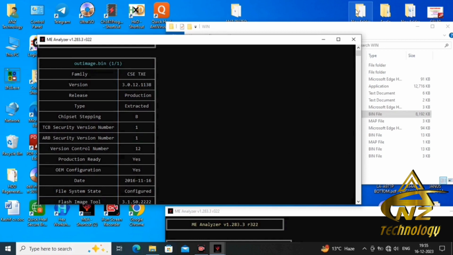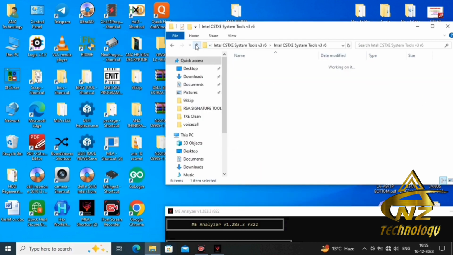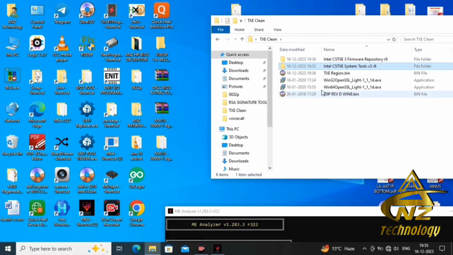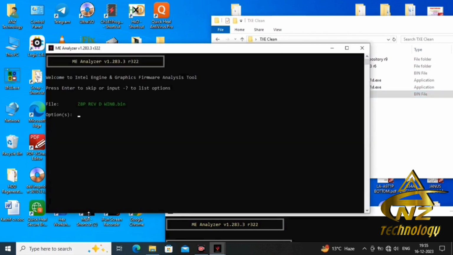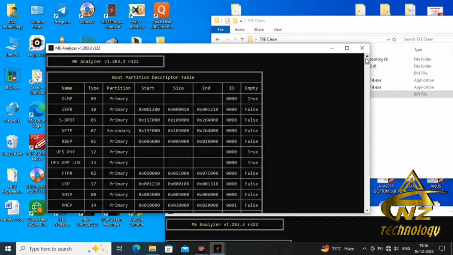Now we have to change the SMIP data from your old BIOS. So close it. Go back to your old BIOS. Now drag your old BIOS onto the ME Analyzer and type here -dfpt and press enter. Go up.